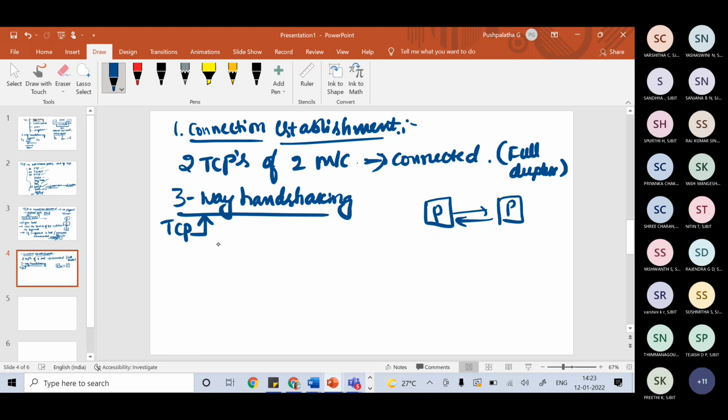So if I take an example, an application program called a client is there. The client application program wants to make a connection to another program. I'll take it as a server, another application program. They use TCP as the transport control protocol. So what happens? The process starts with the server.